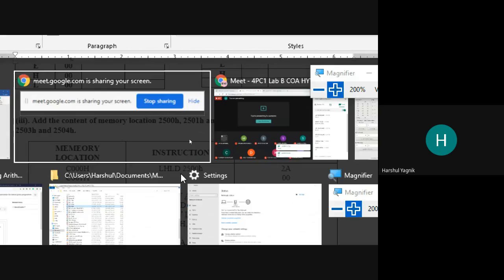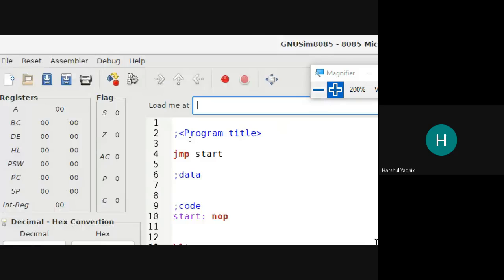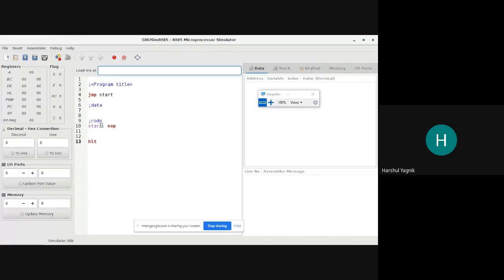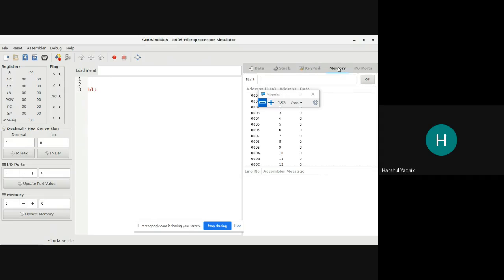Okay, now we go to GNU scene. First of all, at the memory location 2500H, we will keep some data, right? 0FFH.